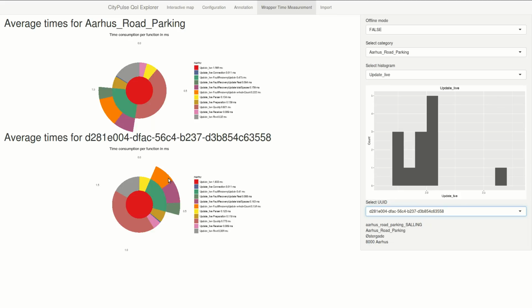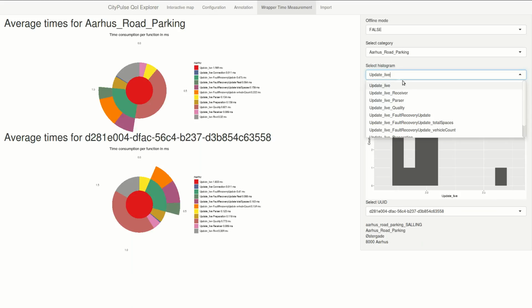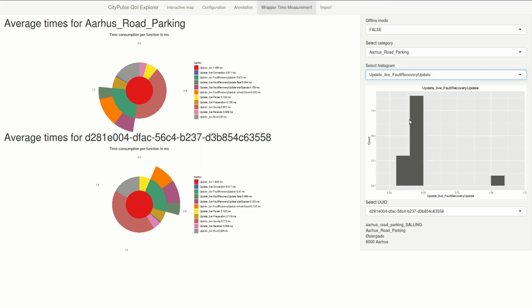So if you have seen this graph, it has slightly changed. Details about the sensor are displayed here with the address of the sensor. With this additional histogram, we can switch between the single modules and see the distribution of the average execution times.